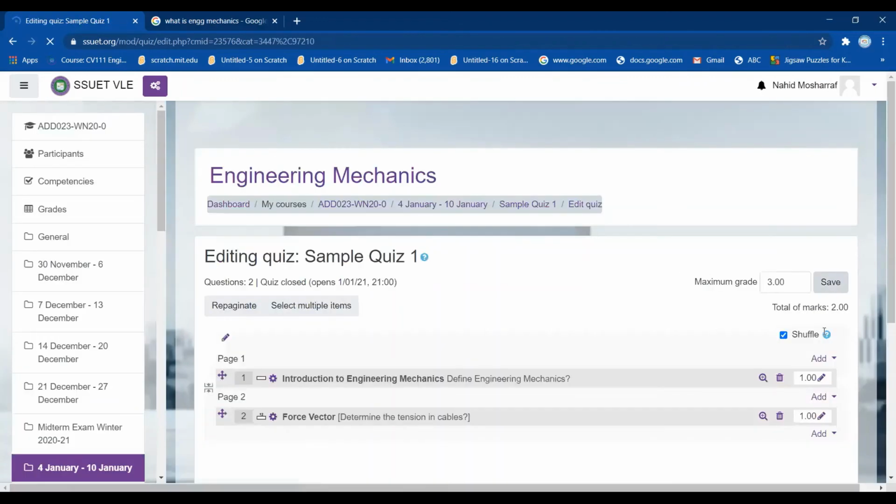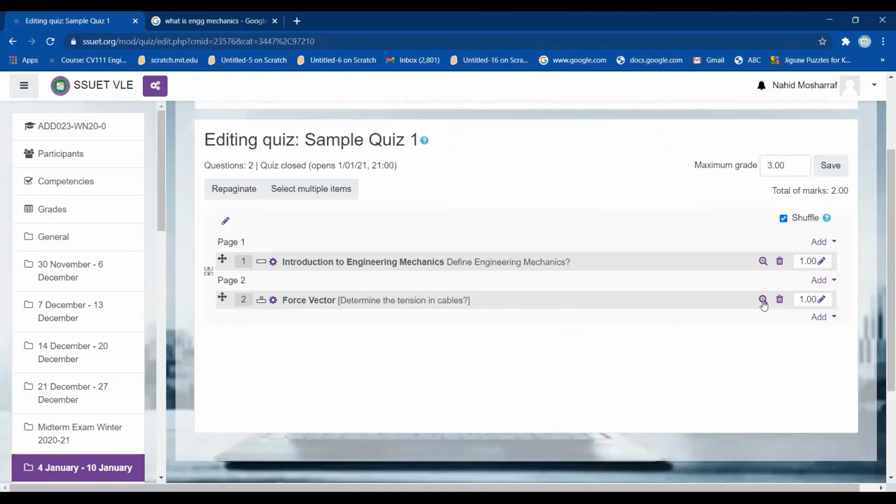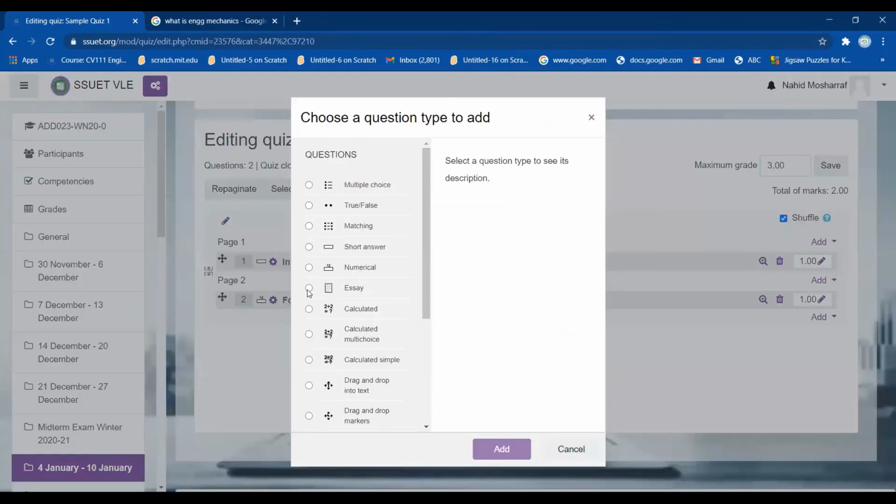I have created the numerical based question. This is the numerical based question, and its preview I have already shown you. So now I am moving towards the next question type, which is essay, in which you are asking for a report, or you want students to write something in a paragraph, and you are asking for something in detail. Let me tell you how you can do this.